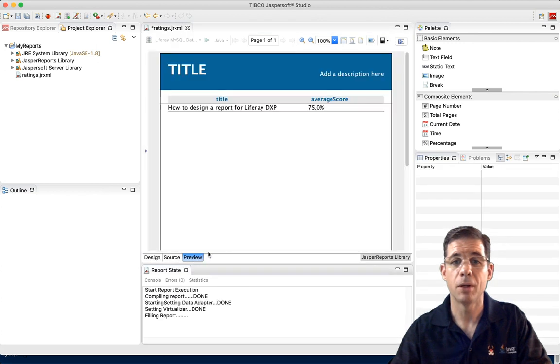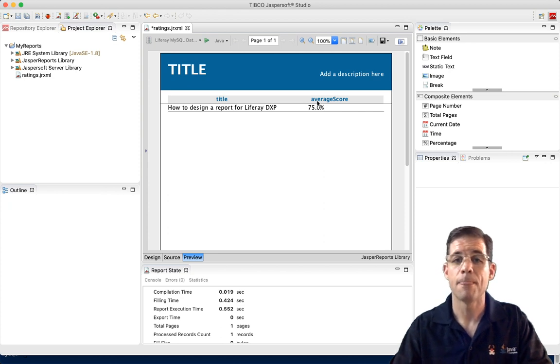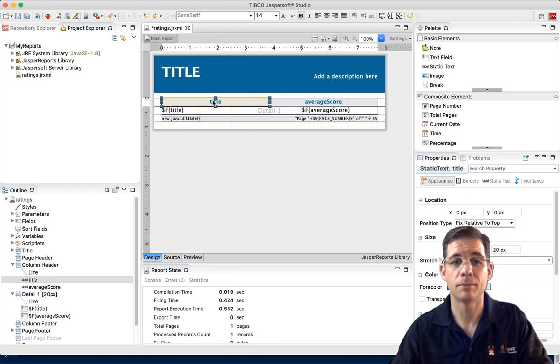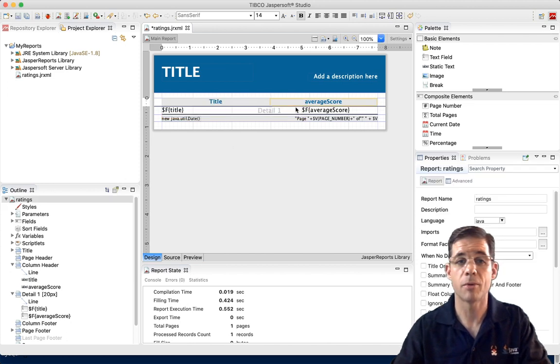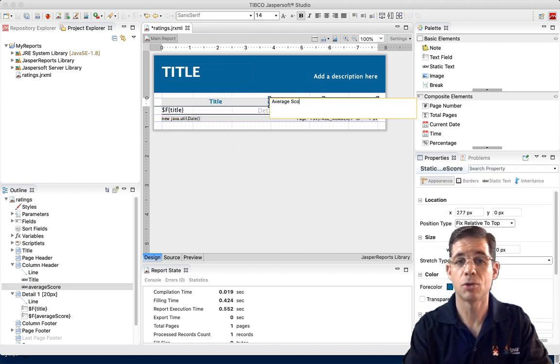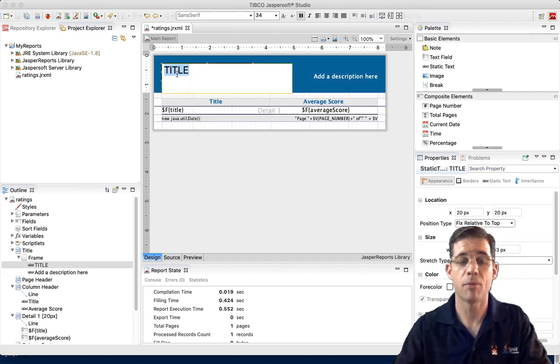So now if we hit preview, looks a little bit better. We see 75%, 75.0%, and looks like we could fix the title column and the average score column. It's a nice WYSIWYG editor, so I can spell title with an uppercase T, come over here, average score, something like that. Title for the report would be